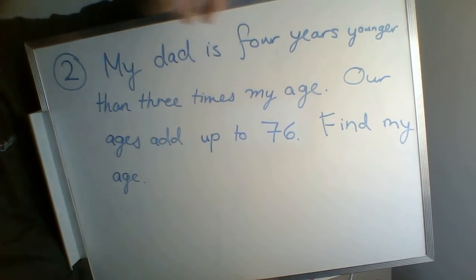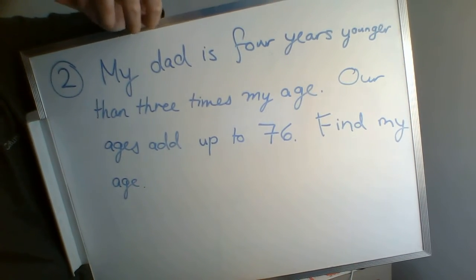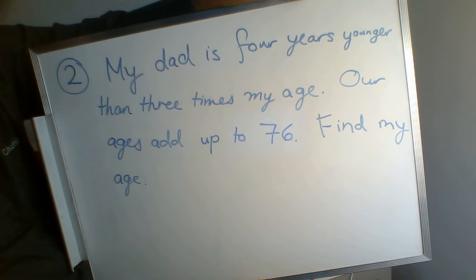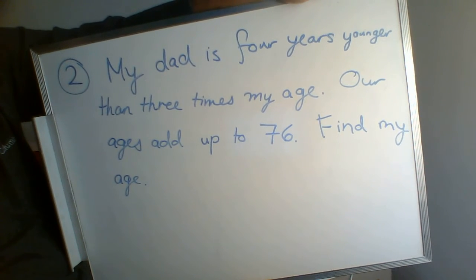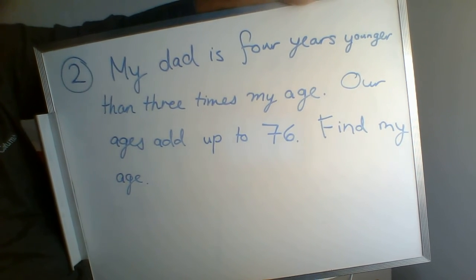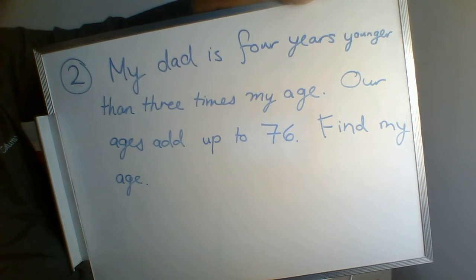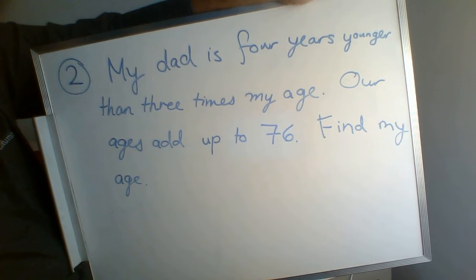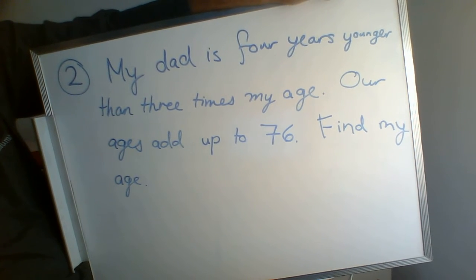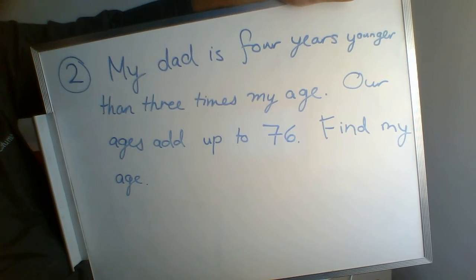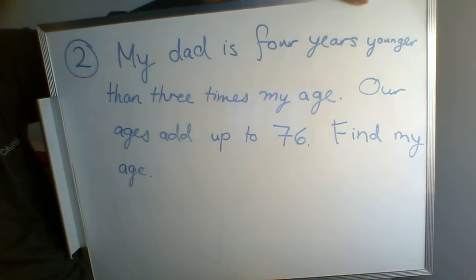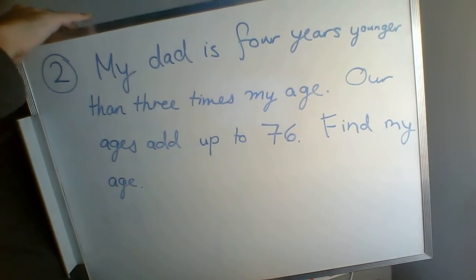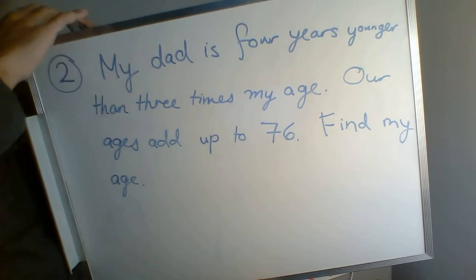Find my age. Now, if we were looking at the last problem, we had to find both numbers. This is another case of basically there's a smaller number and a bigger number. The smaller number is my age, the bigger number is my dad's age, and we know what they add up to. So it's exactly the same as that last problem. This one I made it slightly easier because in the last problem you had to find both numbers. In this one, we just care about my age. I'm not asking you to find both. You could find both. There's enough information here for you to find his,